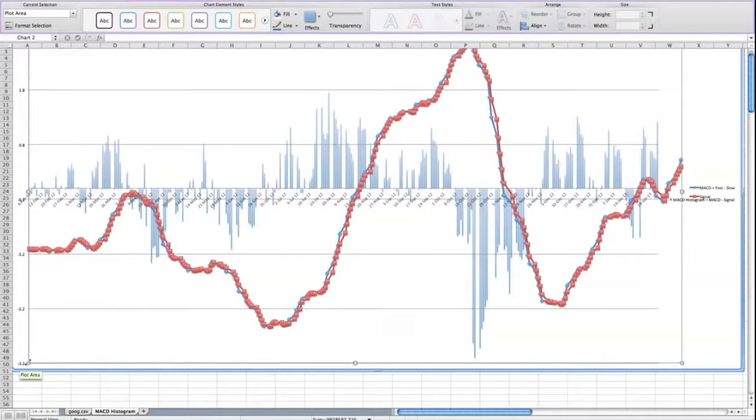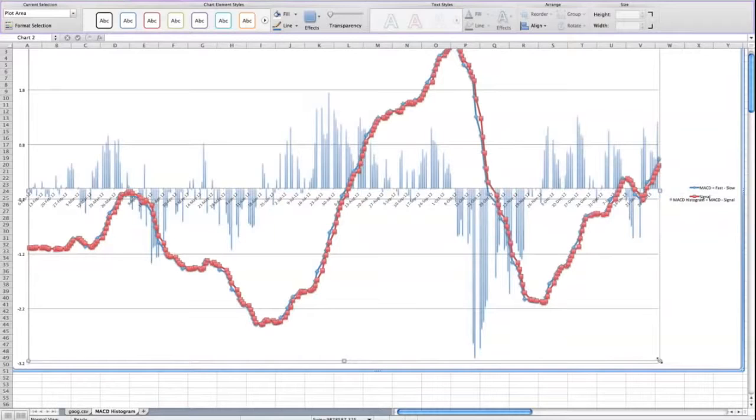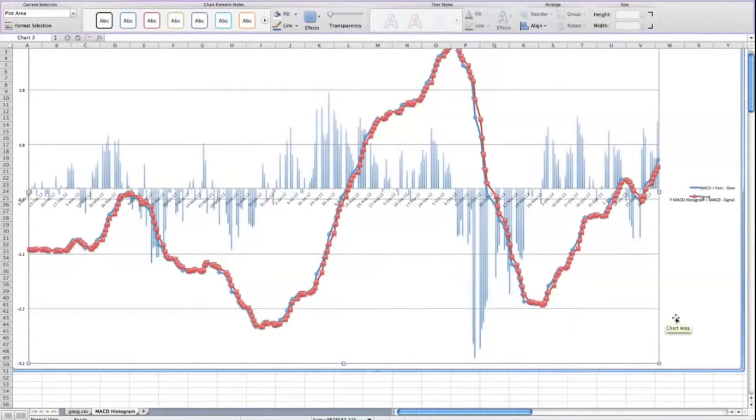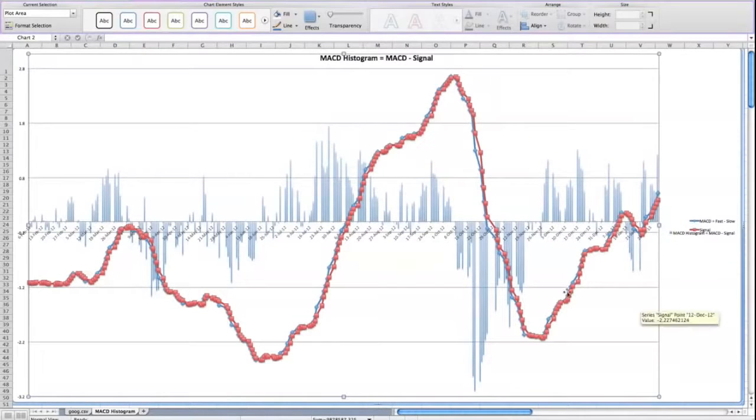are as close as possible to your actual MACD histogram. Let's see, is that close enough? Can't really tell. I think so. Okay, so basically,